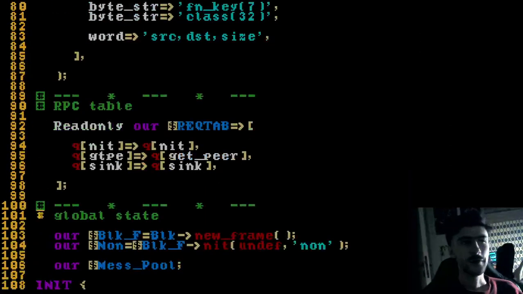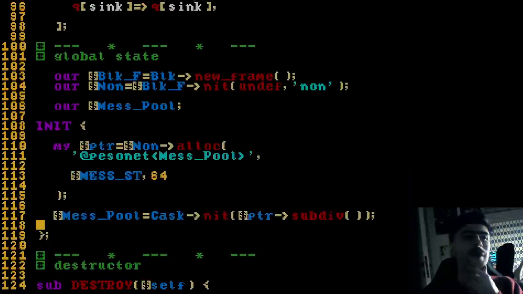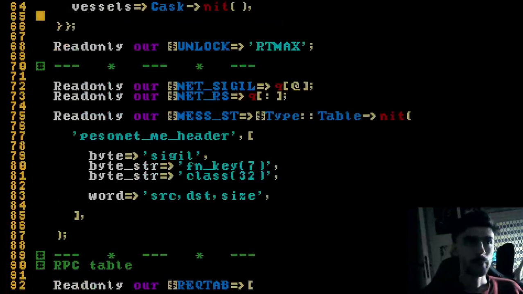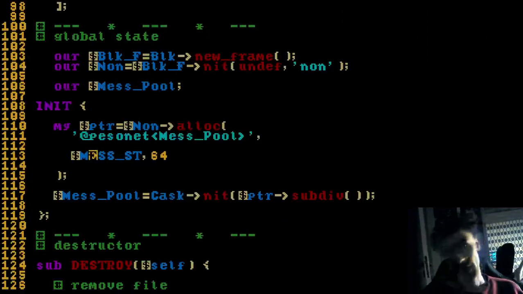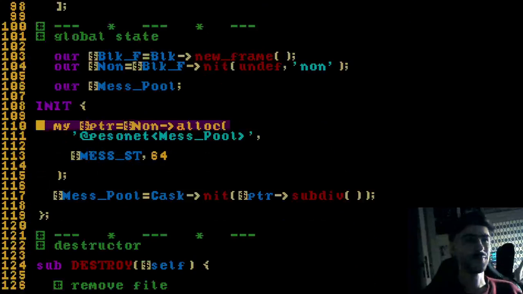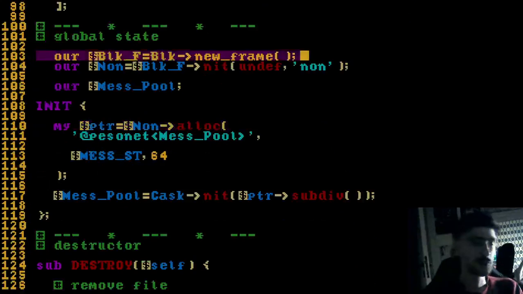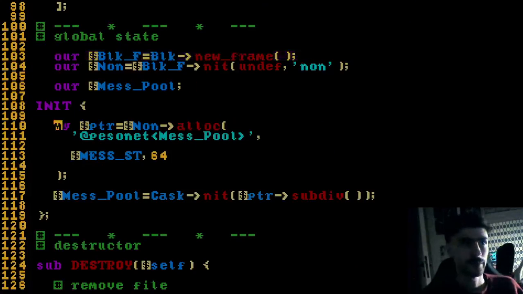Just one detail that, now that I think about it, I'm not entirely sure why I did this. We are utilizing a pool, so we have a fixed pool of possible messages, right? Because we are handling this with these C-like structs, I have another class, kind of unrelated to this whole thing, which basically lets you manipulate memory like you do in C, right? And to this we just allocate a fixed number of this header structure, okay? And then we utilize this cask